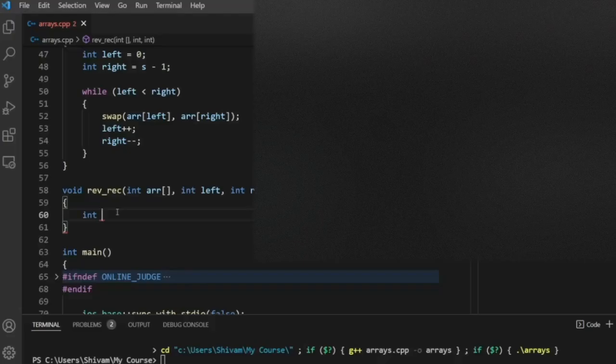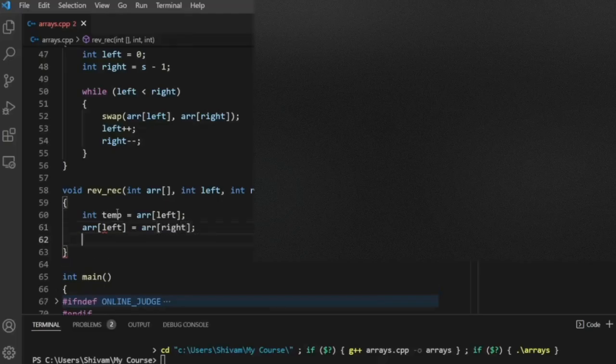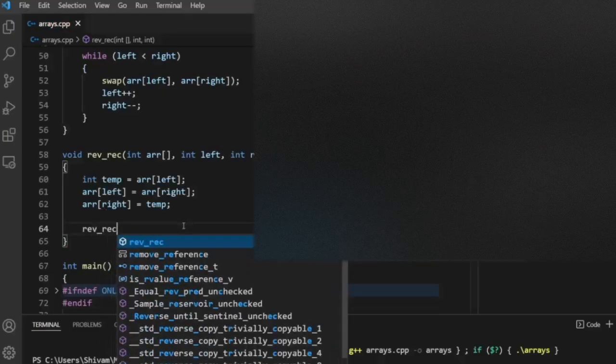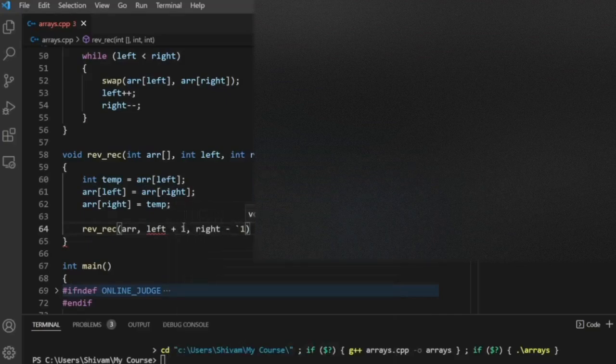We will write int temp is equal to arr of left, and arr of left is equal to arr of right, and we will simply say arr of right is equal to temp, and below that we will call the reverse recursive function recursively, which will take the same array, but this time left plus 1 comma right minus 1,